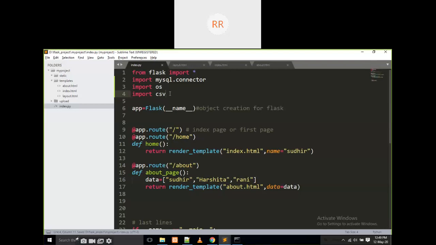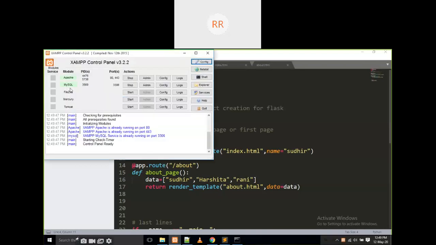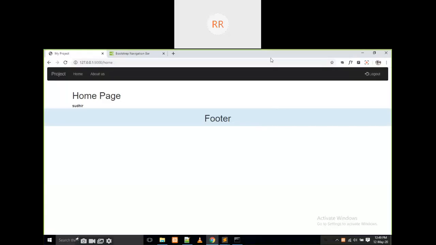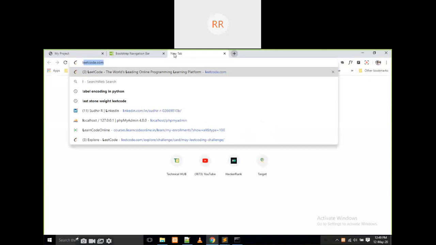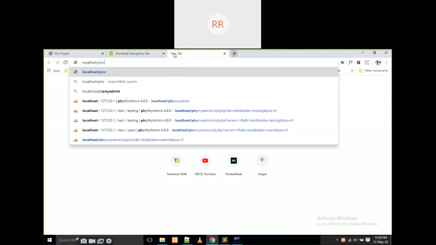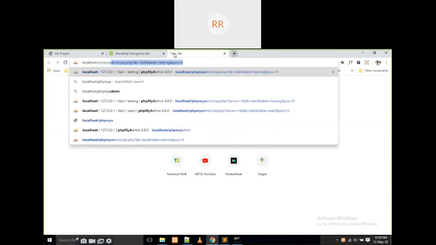Okay, and the next one is the database connection. Now, where is the database first of all? Yes, I started here. If you observe here, this is MySQL, right? To see MySQL, just open Google and write localhost slash phpmyadmin.